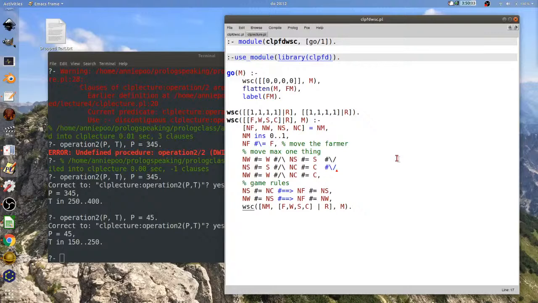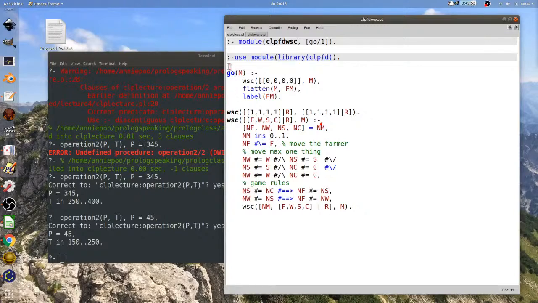Each element of the list is itself a list of 4 things: the farmer, the wolf, the sheep, and the cabbage. There'll be 0 if they're on the left bank where they start, and 1 if they're on the right bank.